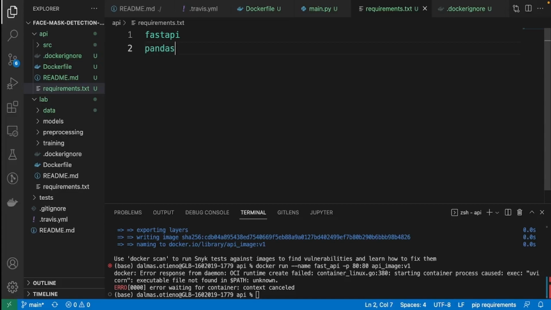So pandas, torch still, because I may deploy the model with the torch, then also torchvision, PyTest. I need my first API. I want to limit the version, so it should be between 0.68.0 to 0.69.0. I also want Pydantic,